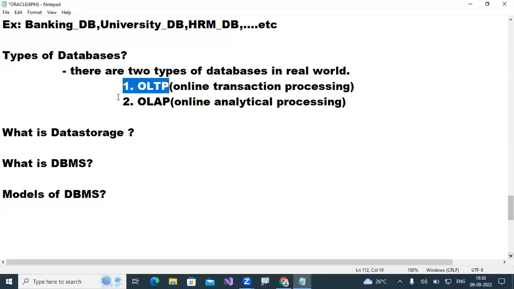And now these are the two types of applications you can call. Otherwise, there are two types of databases you can call. Database applications also you can call. Understand now? Now the question: Sir, OLTP, where do we use it, what kind of way will it work, and in real time, who will use this OLTP? Next question is, what is OLAP? Who will use these databases in real time, which type of organizations are using them, and for what purpose? And what are the differences between TP and AP?